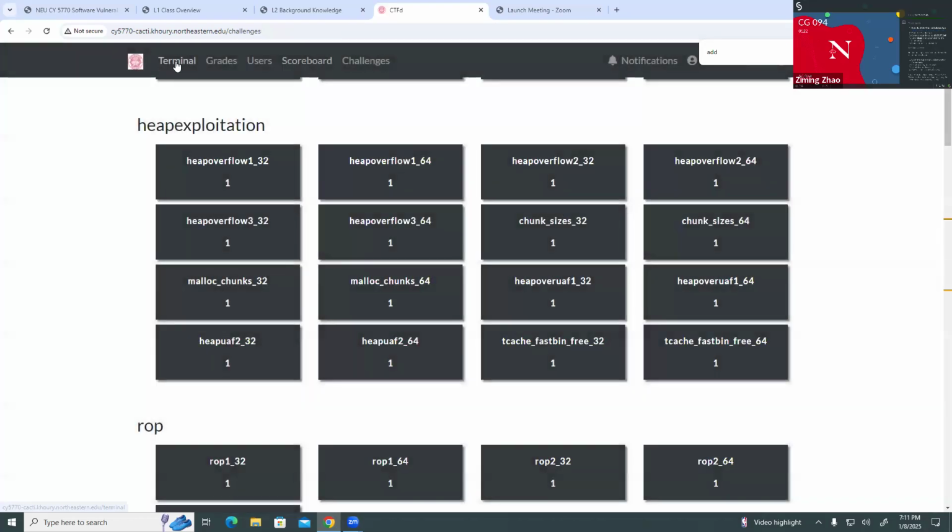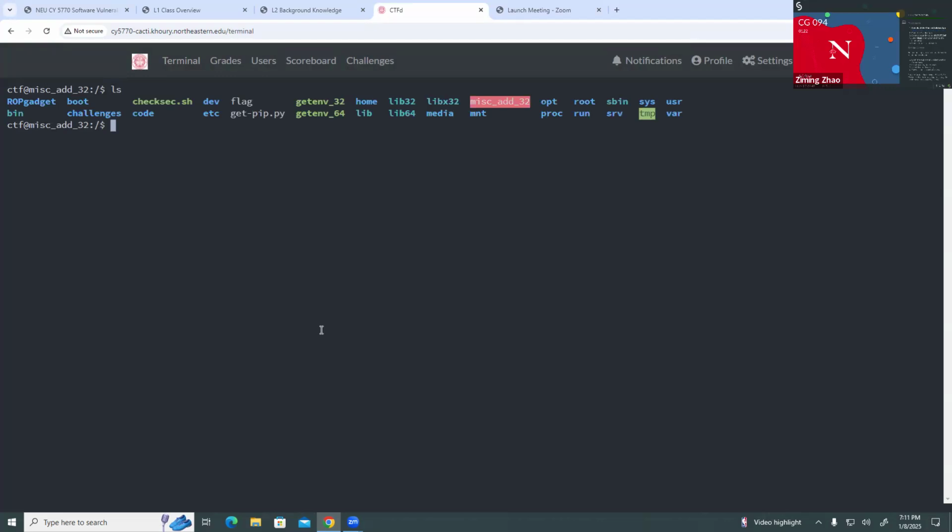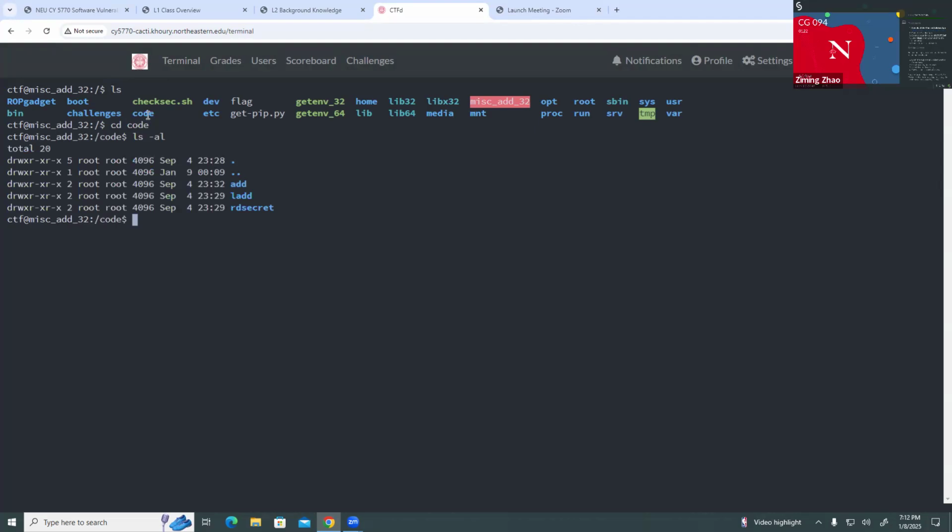Okay, go back to our terminal here. For this challenge, we actually have code here. There is a code folder. For this challenge, we put everything in the code folder. You can see we have the main.c. We don't need this one. I'm not sure why this one is here. Then main.c. So if we do a GCC main,